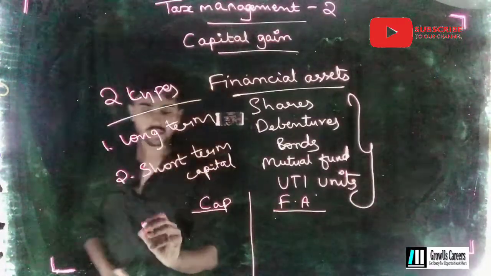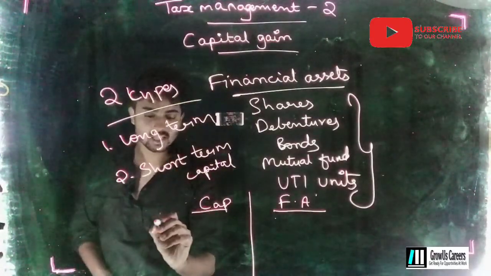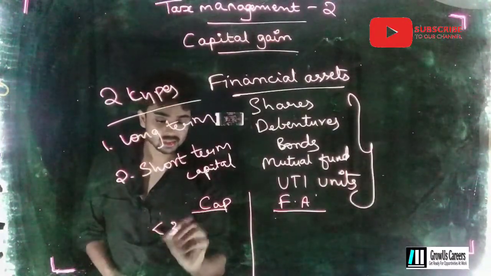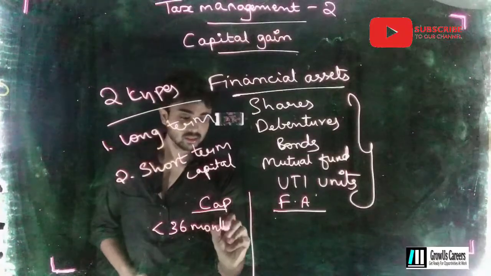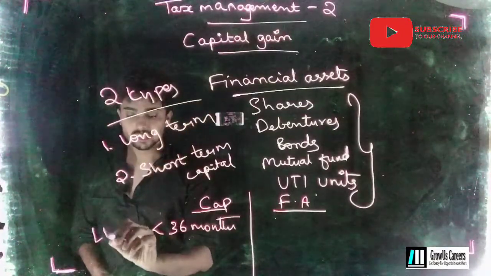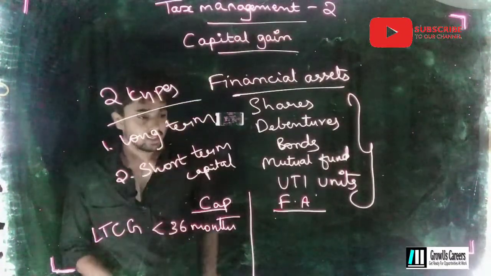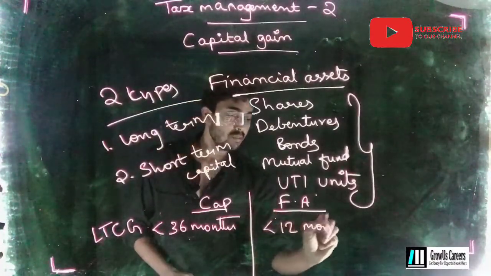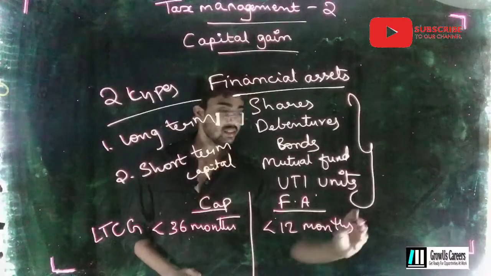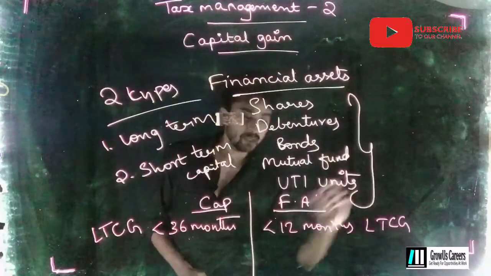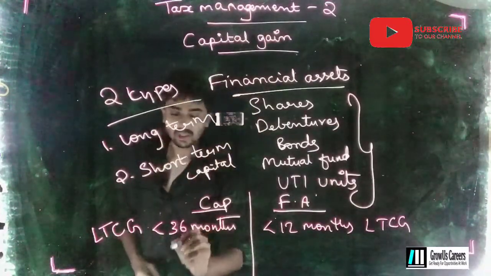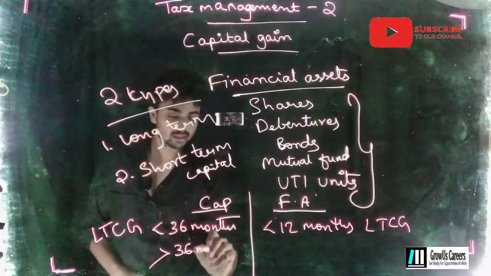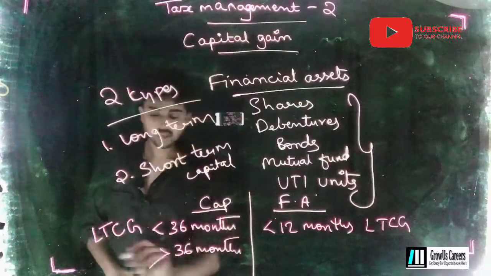So any capital asset which is held by an assessee for more than 36 months is considered as a long-term capital gain, and any financial asset which is held more than 12 months by an assessee is considered as a long-term capital gain. So any capital asset which is held less than 36 months will be considered as short-term capital gain,